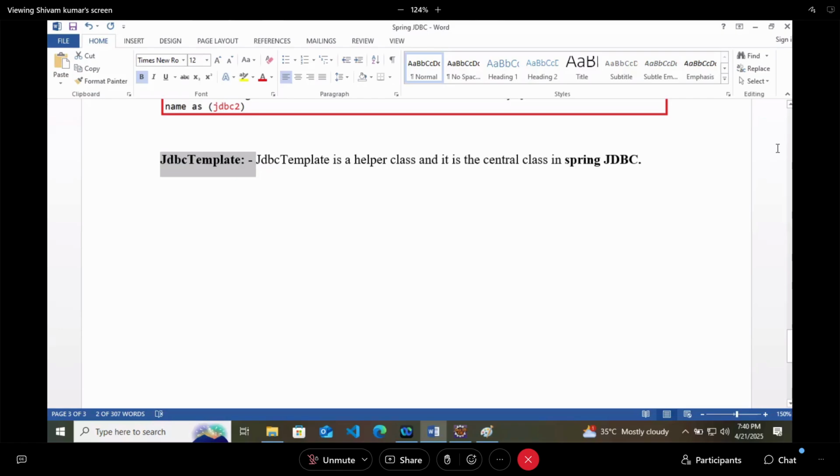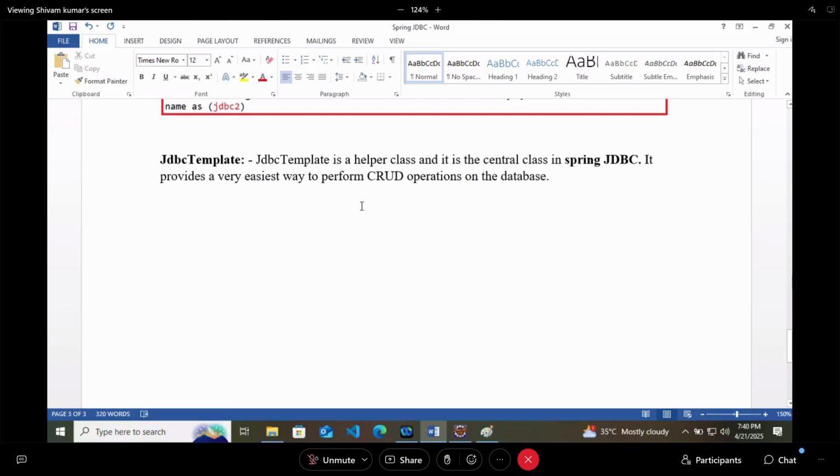So what it does, it provides a very easy way to perform CRUD operations on the database.